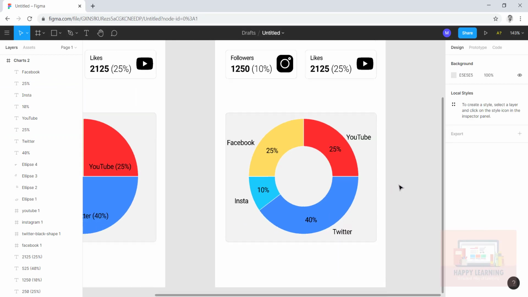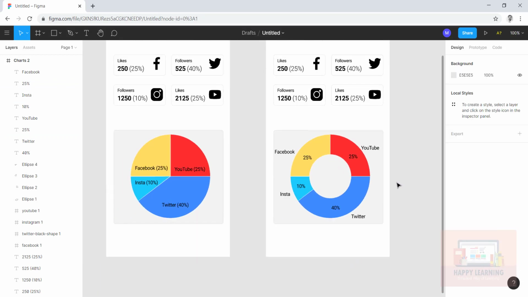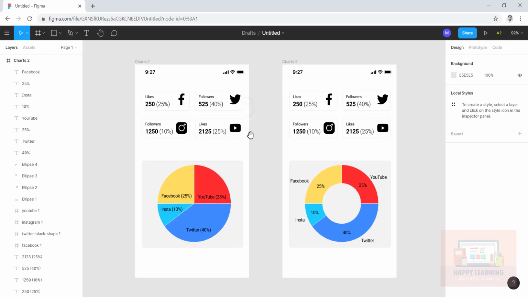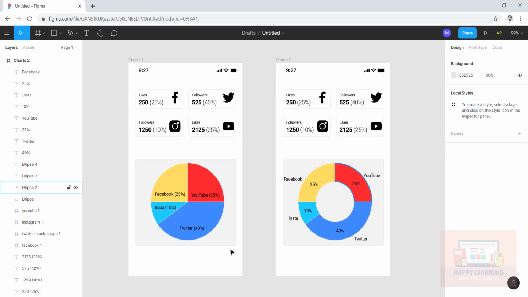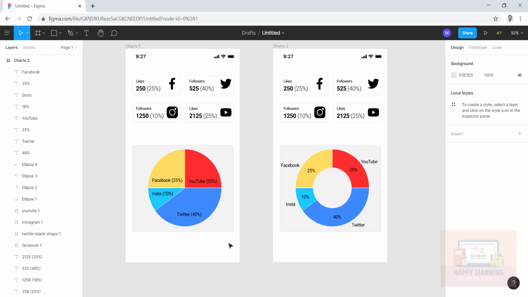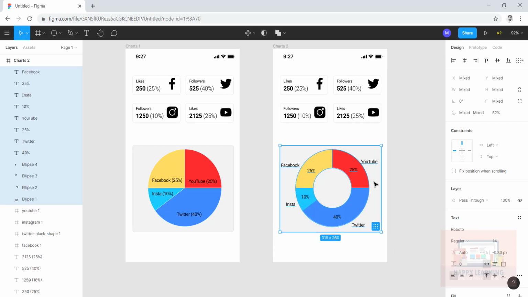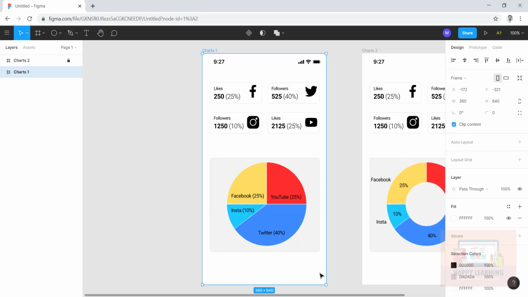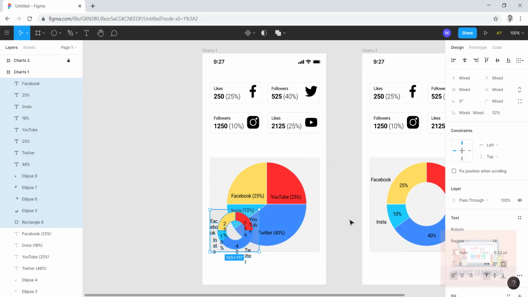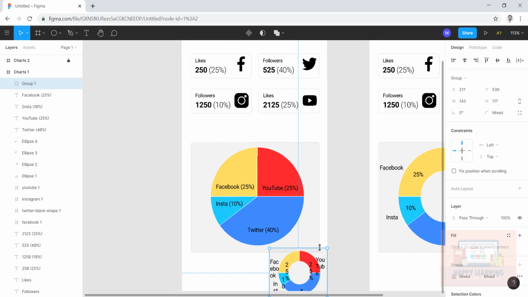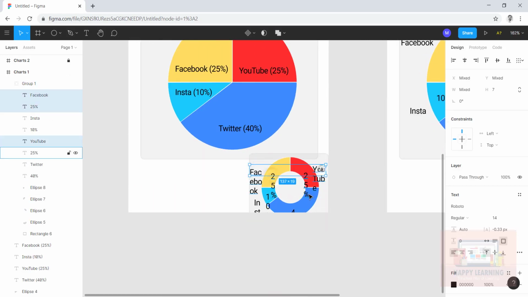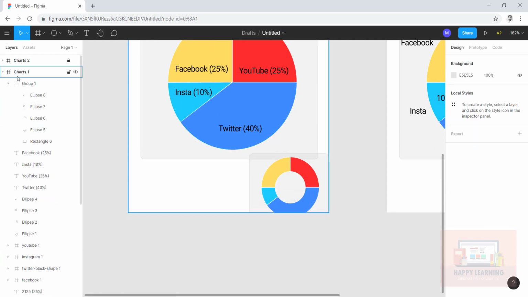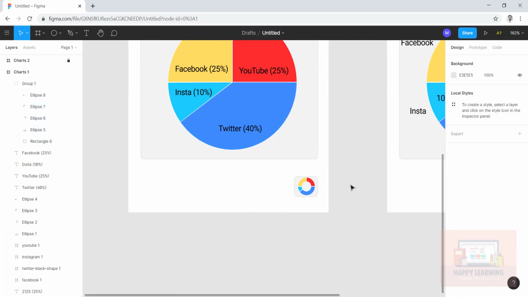Yeah, you can see this. Zoom out, and then you can see both the pages here. So I just wanted to have one icon here. Let us do one thing: let me copy this. Let us select this total, Control C, copy, lock this, go to chart one, and paste it.